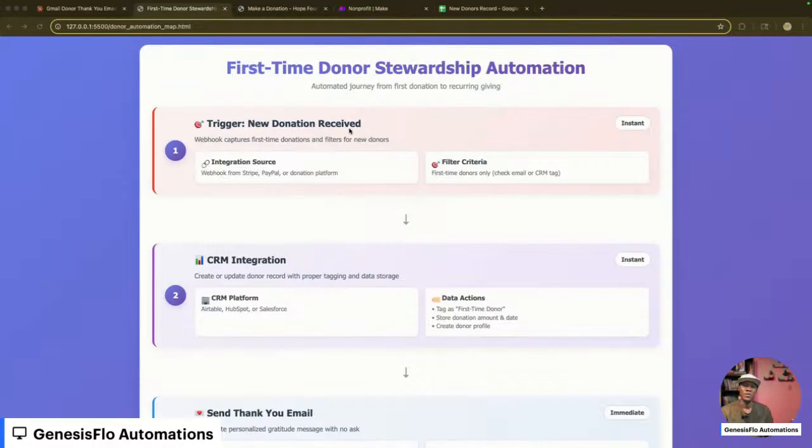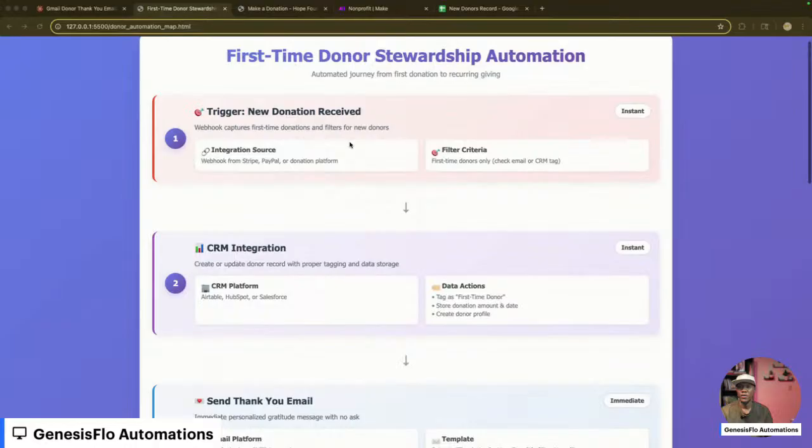But what does this automation do? Let's say you have a website where your donors go to make a donation. Whenever this person gives a donation, we will have a trigger in your website that will source their information.